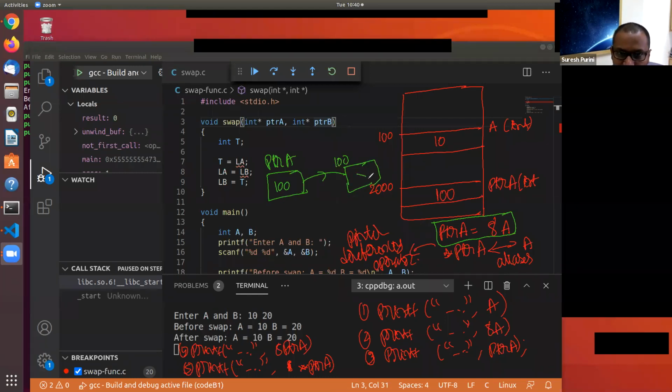Let's say the contents of it is equal to X, that gets printed. That's the value. Pointer A contains 100. You apply the star operator on pointer A. Then the content present in pointer A, that is the address, you go to that address, you read a value and you print it.